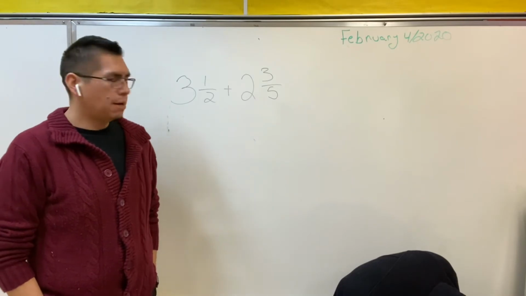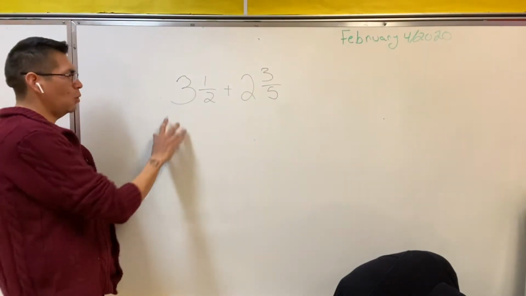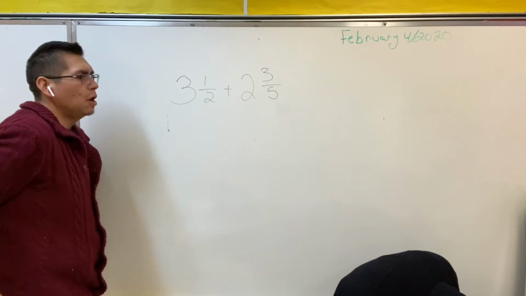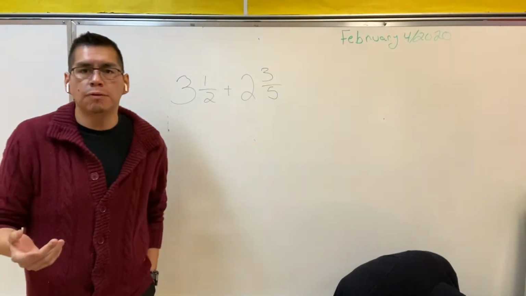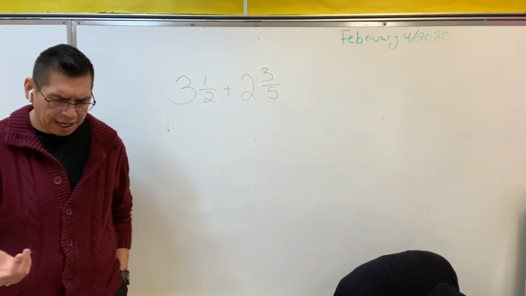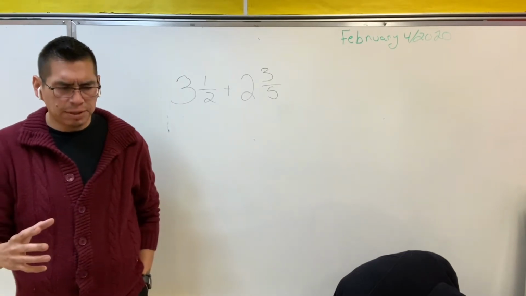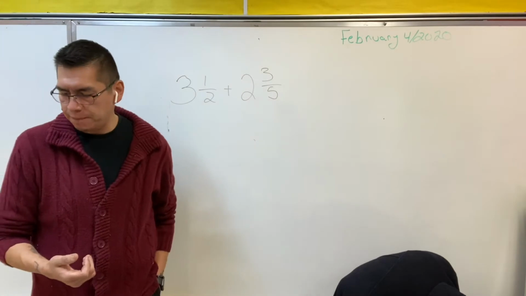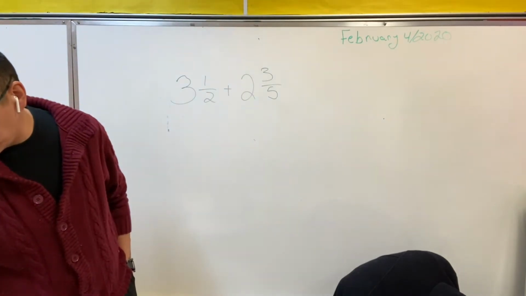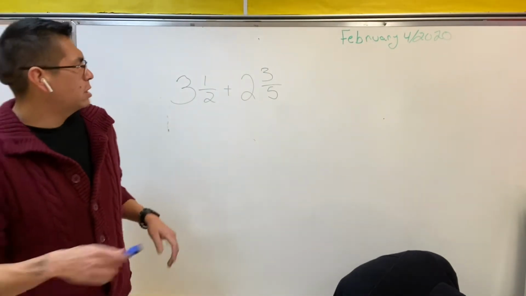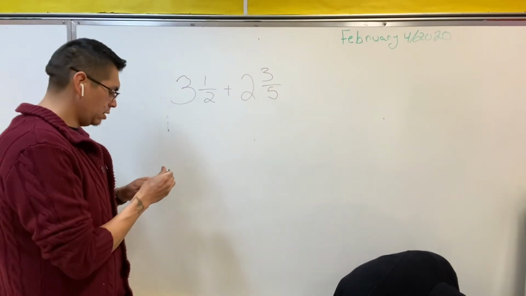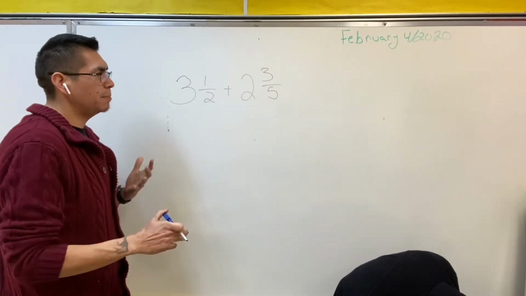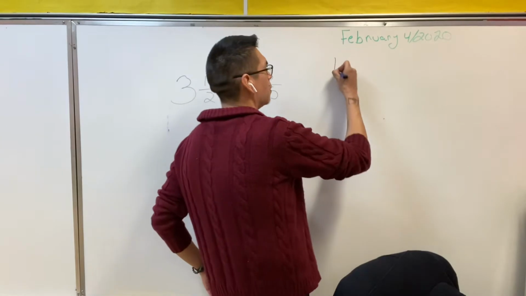We're going to do a little bit of work with mixed numbers. Again, a mixed number has a whole number and a fraction. One thing that we didn't go over is how to change a mixed number into an improper fraction. Now, an improper fraction is a number where the numerator is larger than the denominator. For example, if we had 4/3,